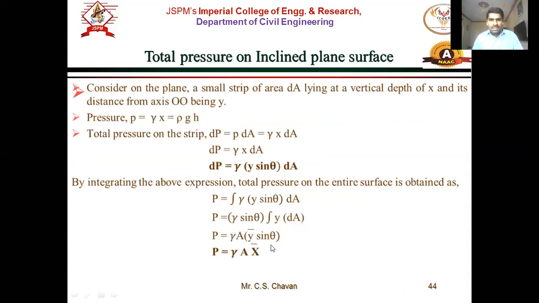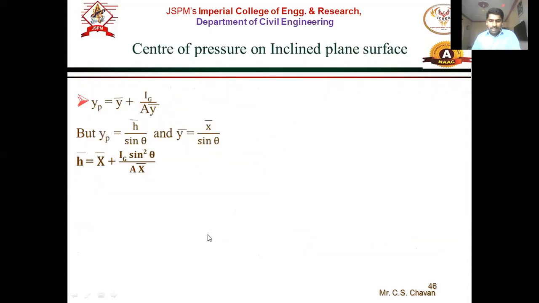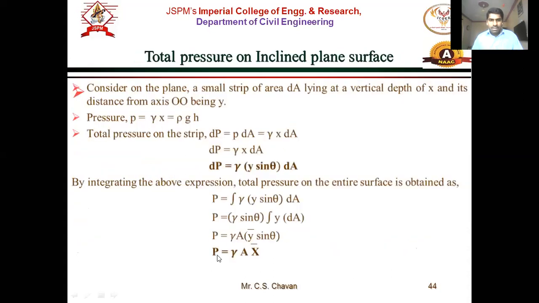Now what is y bar sine theta? By the trigonometric relation, y bar sine theta is nothing but the vertical depth, x bar. So the formula is again the same. The total pressure is equal to gamma A y bar sine theta, which is gamma A x bar. Now the third formula is also the same for total pressure in the case of inclined. So the total pressure is gamma A x bar. In all three cases the total pressure remains the same. Remember, whether it is horizontal, vertical or inclined, you take any surface, horizontal,